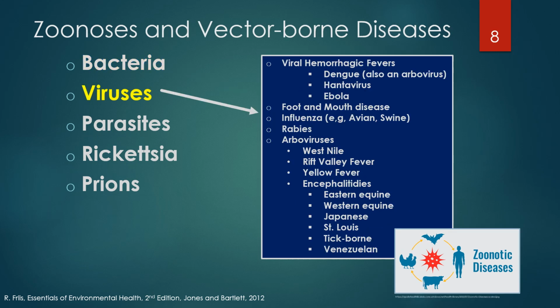Viral zoonoses and vector-borne diseases include viral hemorrhagic fever organisms, including dengue, hantavirus, and Ebola. Viral hemorrhagic fever is generally a multi-system disease that impacts the vascular system, often accompanied by hemorrhage. These viruses can cause mild to severe disease, causing death. Dengue is not only a virus that causes hemorrhagic fever, but is also an arbovirus, since it's transmitted by the